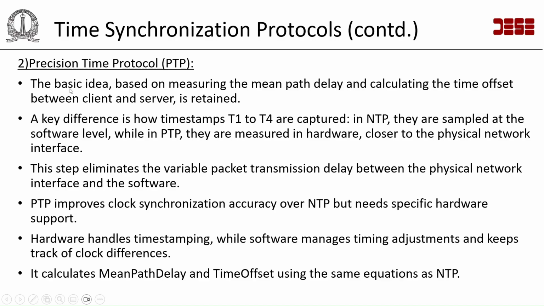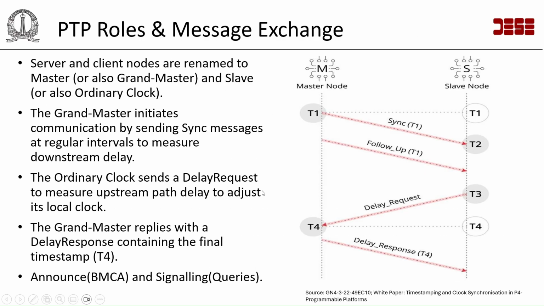Another protocol which is widely used in today's applications is PTP. The basic idea remains the same as NTP, and the key difference is the timestamps are captured at the hardware level, closest to the physical network interface, which eliminates the software delay incurred and improves clock synchronization accuracy. While PTP requires hardware timestamping, it uses software to manage timing adjustments and manage clock info. It calculates the mean path delay and time offset using the same equations as NTP. Coming to PTP roles,